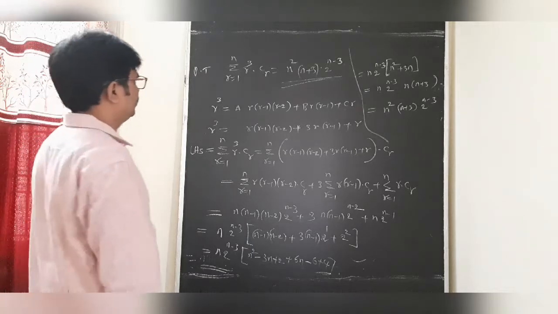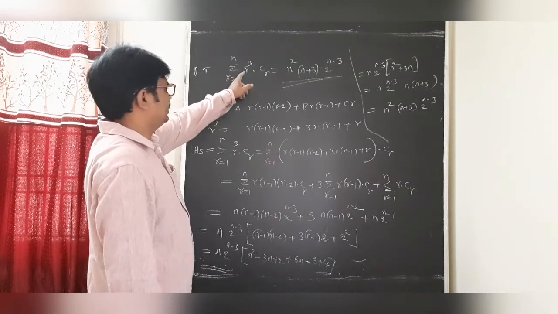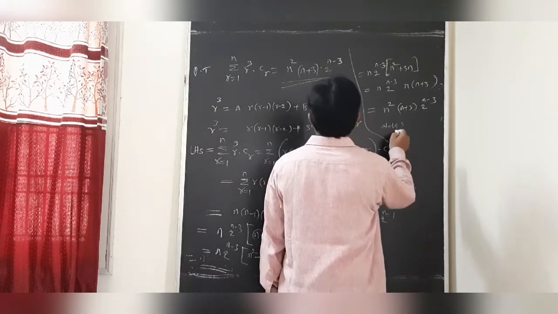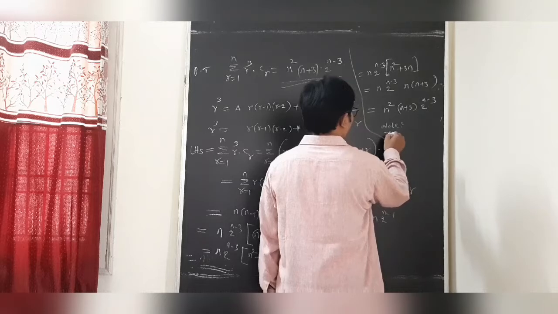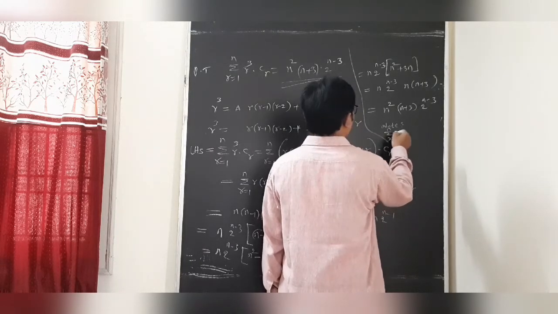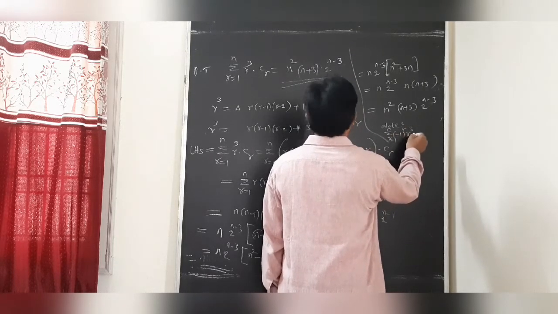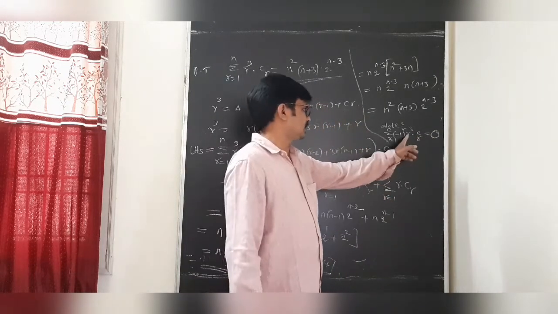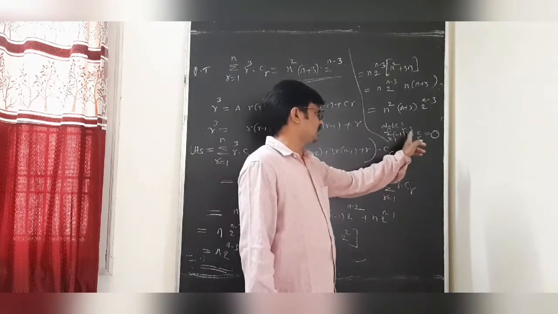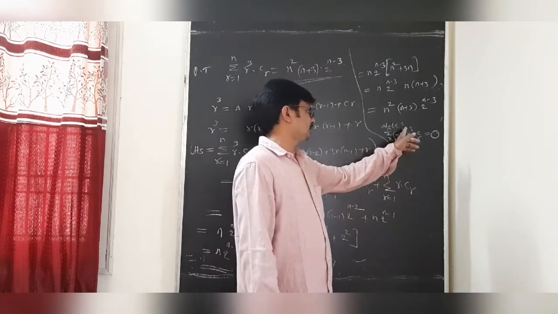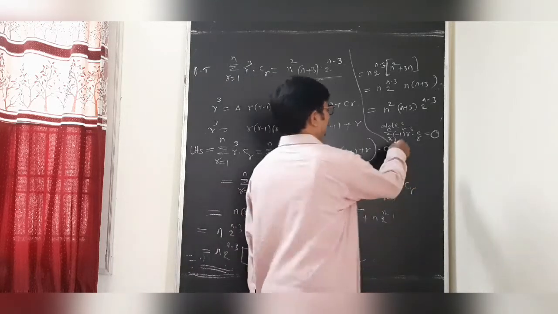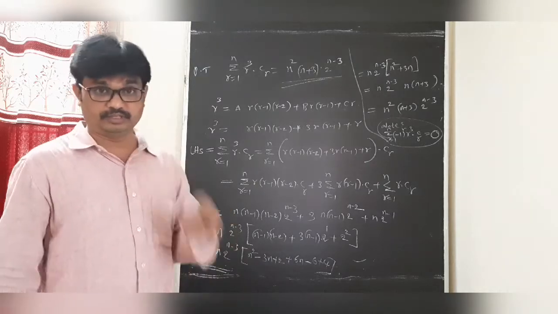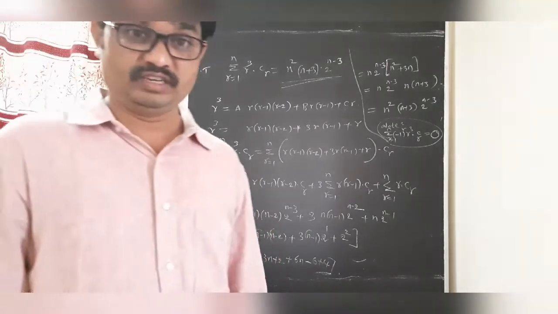After that, students, one more observation: when we are taking minus 1 power r, undoubtedly, each and every time, the sigma r equal to 1 to n, minus 1 power r cube into Cr, this is also 0. Minus 1 power r into Cr is 0. Minus 1 power r square into Cr is 0. Minus 1 power r cube into Cr is also 0. Okay students, when r cube is there, undoubtedly here we are taking 3 times differentiation.